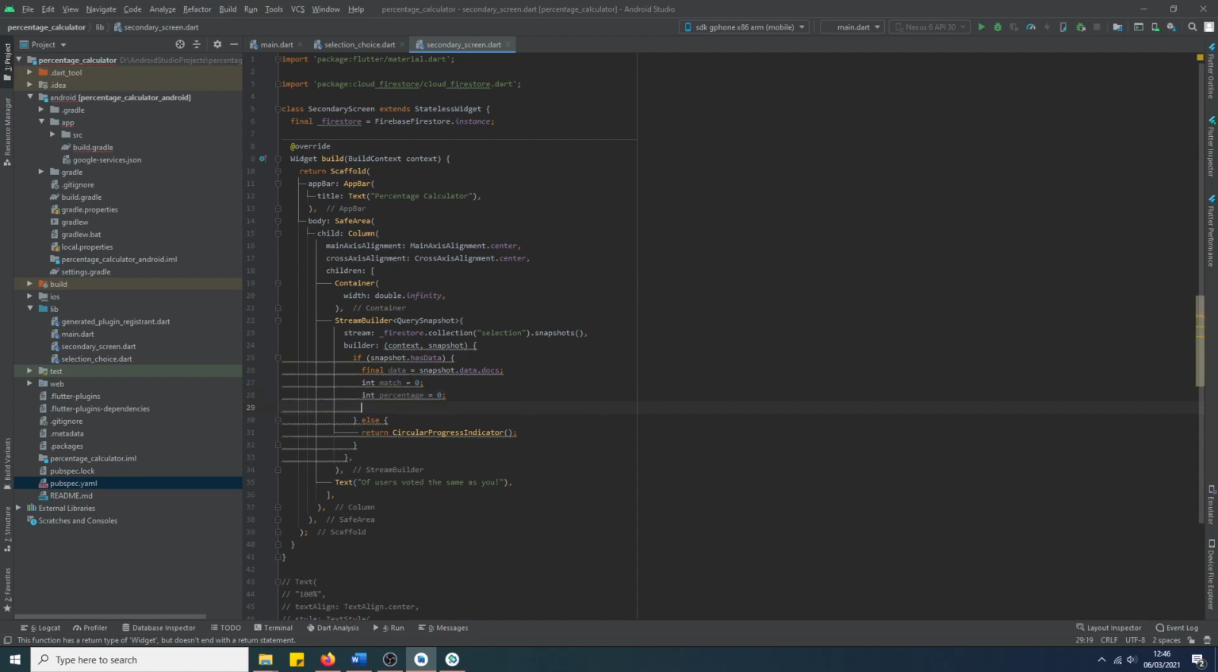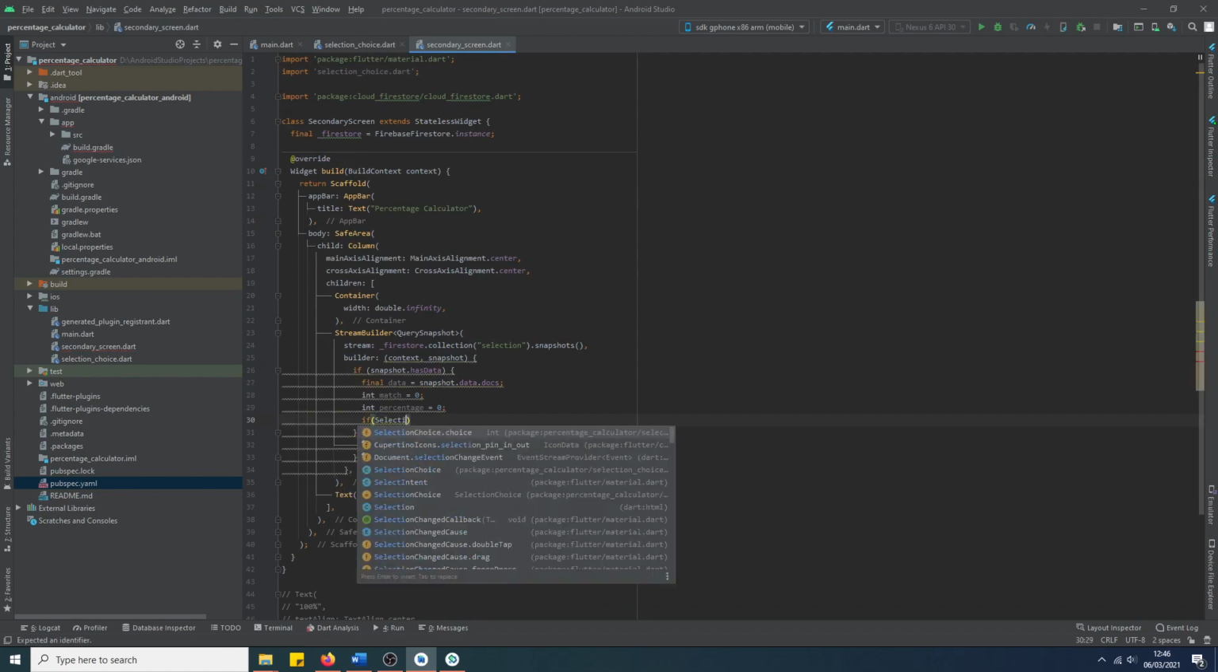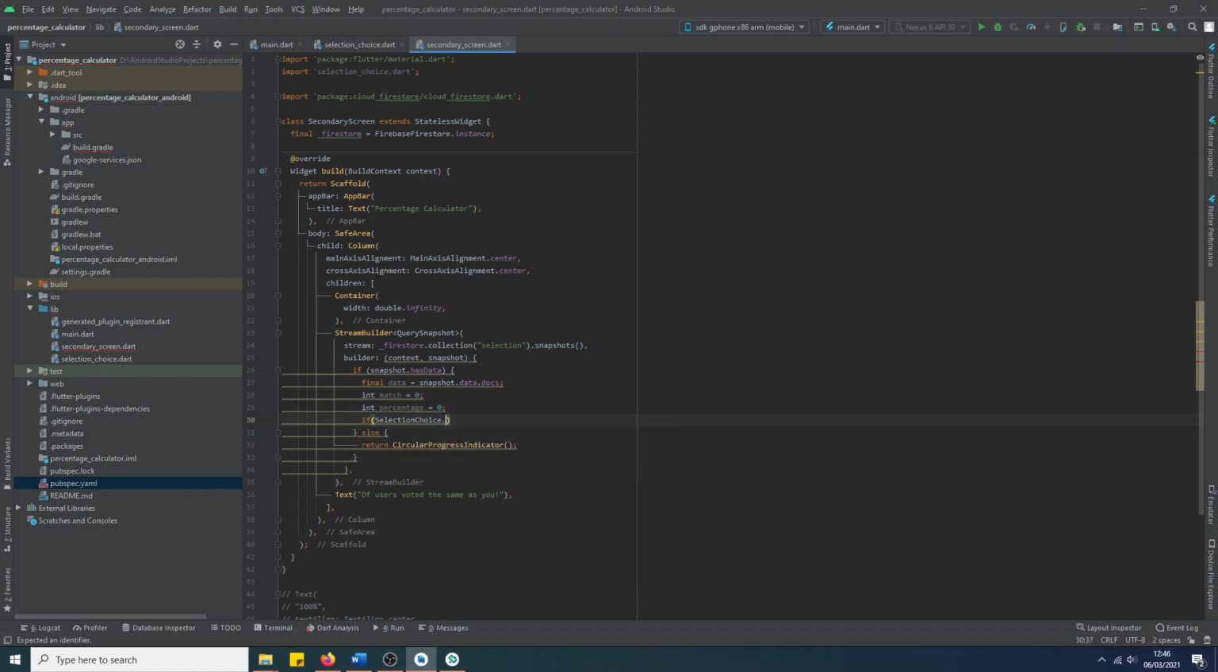And then we're going to create a nested if statement. So if, actually wait, so what we need to do now is we need to import the selection choice actually, because we need to access this static class now. So if selection choice dot get choice equals to 0. In other words, if they've chosen yes,